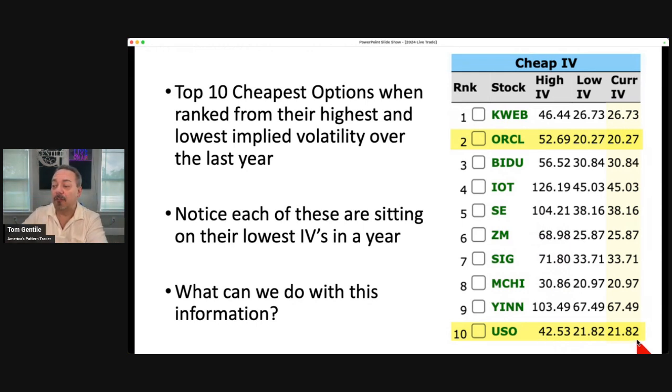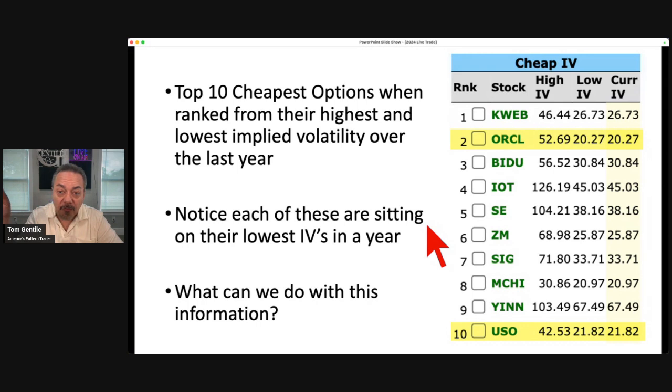Now, the other reason I mentioned these two, not only did I show you them in charts, all of these have cheap implied volatility, but when I started looking at options, both Oracle and USO, when you look at the individual options going out 30 to 60 days, I found that these had the lowest percent to doubles. What I mean by that is that you needed the least amount of movement from Oracle and the least amount of movement from USO if you bought call options for them to double in value, or if you bought put options and they were to double in value.